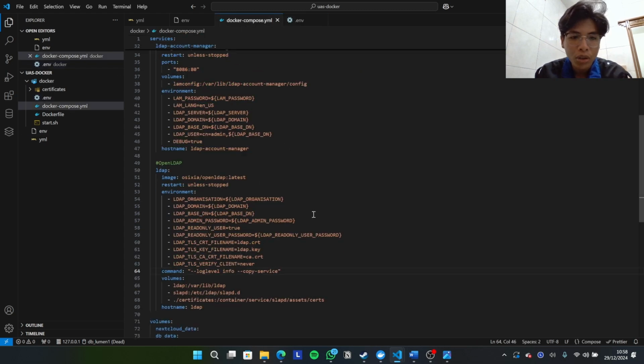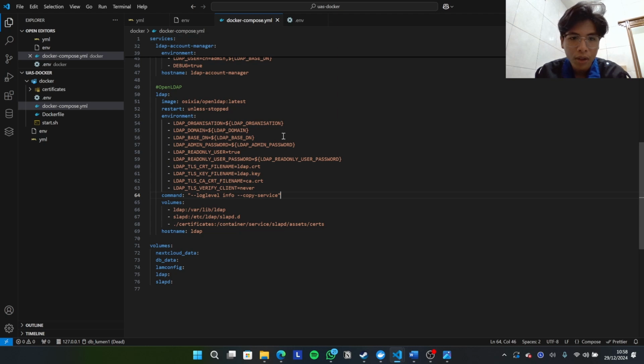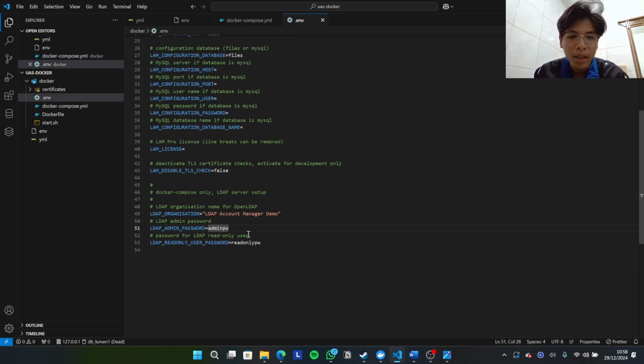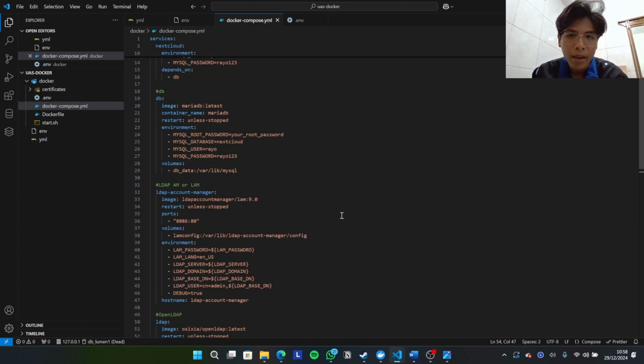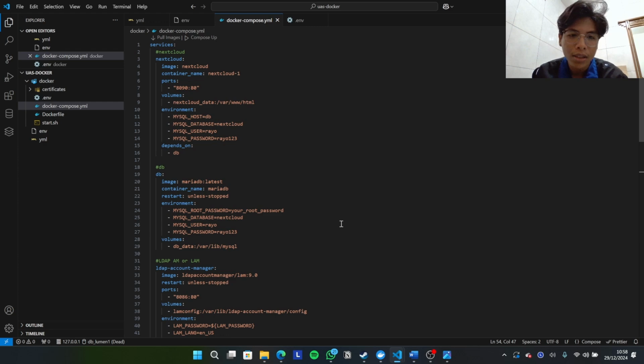So on the Docker Compose, you only need to call the variable LDAP admin password from the env file. It's the same for the others. We only need to call the variable from the env file.